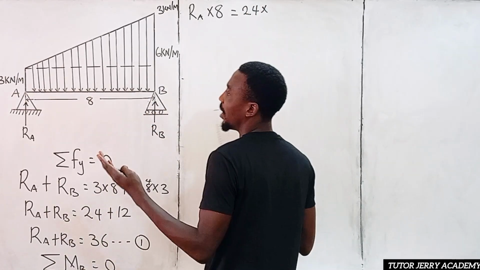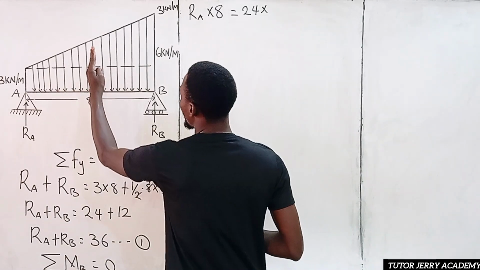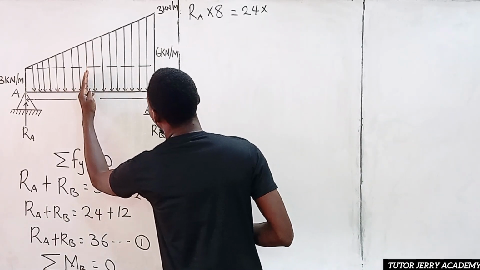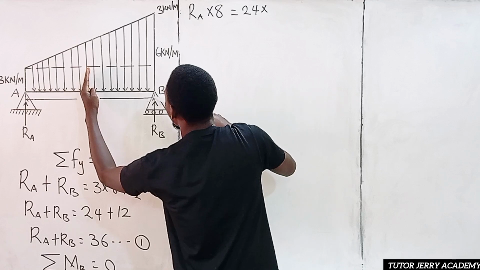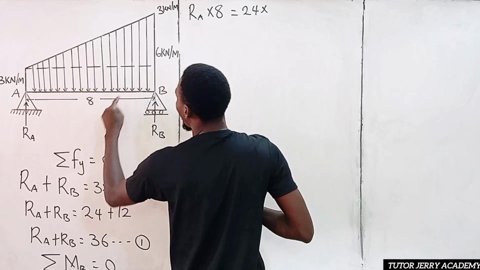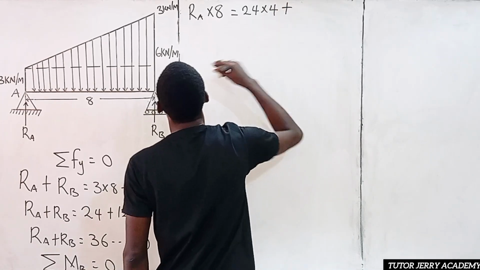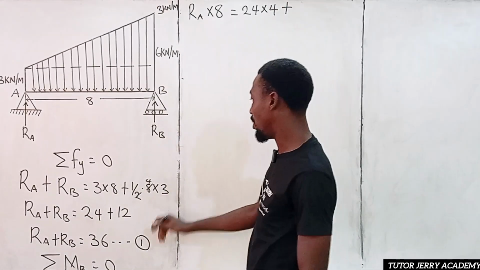the, we said moment is force times perpendicular distance, right? So we have a point load which is 24 acting at the center. So we are taking our moment about B. So it's going to act at 8 over 2 to the right, 8 over 2 to the left. And 8 over 2 is 4. So that is 4 plus,